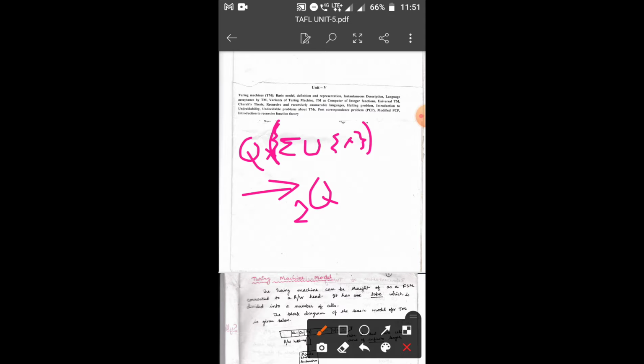So just think about the power set, or think about the elements of the power set, because the transition will map into one of the elements of the power set of Q. Then what will be the image for any ordered pair in this set? An element of this power set.